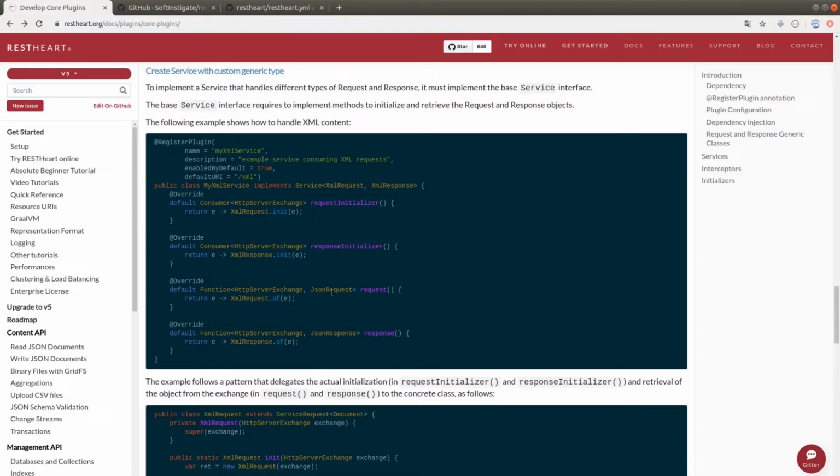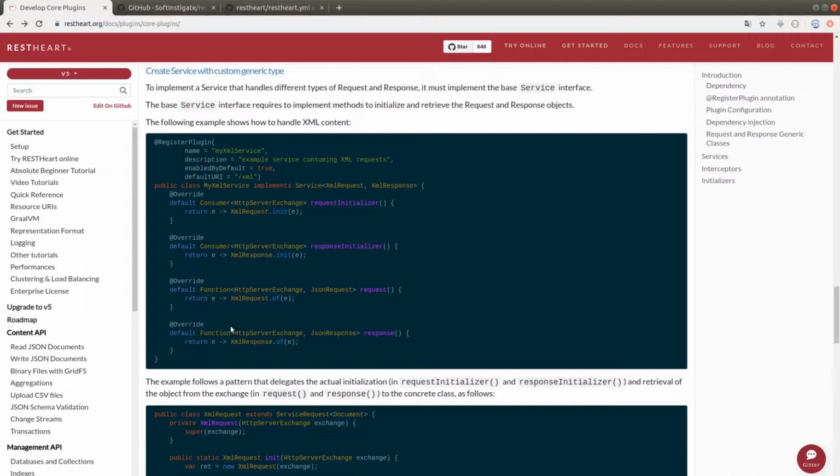However, we can see that in general it shows how to implement a service which will be able to manage XML requests. As we can see, in this case the plugin that is implementing the service does not use one of the interfaces we saw before. Instead, it uses a service-based interface, specifying the type of request and response. In this case, the request and the response are XML request and XML response. Talking about the part related to the @register plugin annotation, everything stays the same.